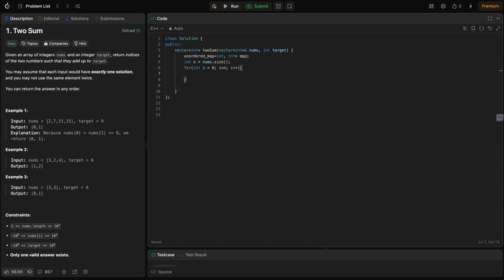We'll do something. Right. What will we do? We'll initialize another variable, an integer, let's say a, and a will be initialized as target minus array of I, nums of I. Right. And we'll now check in the hash map, that is, if mpp find, let's call it remainder,